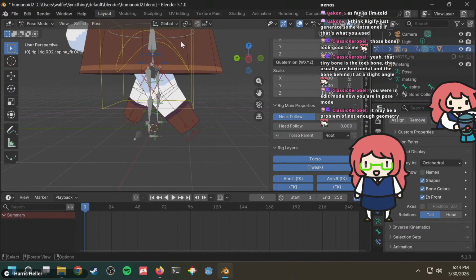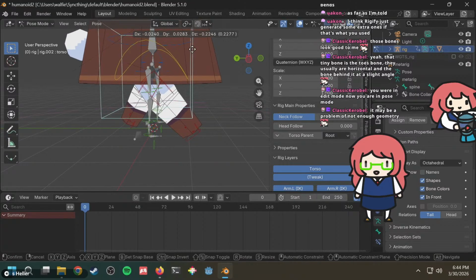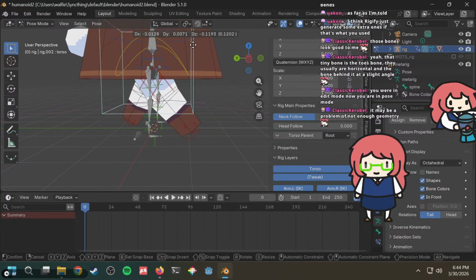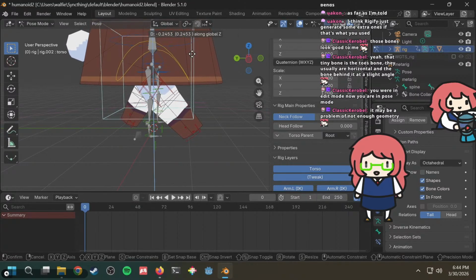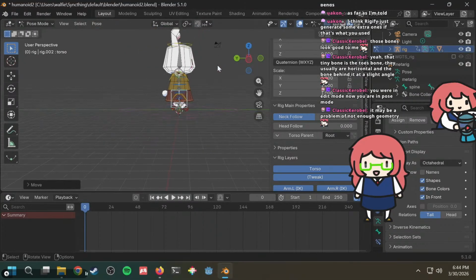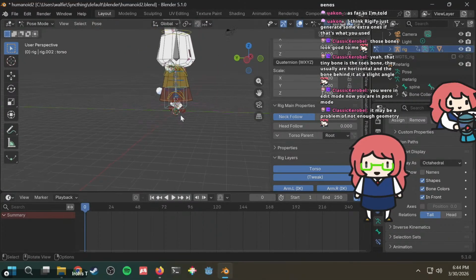Maybe it's fine. We lower the torso because this is the contact pose, right? This is the contact pose.